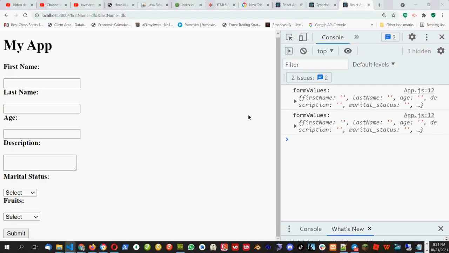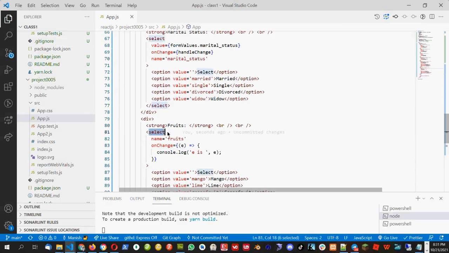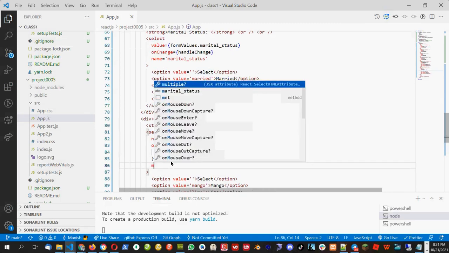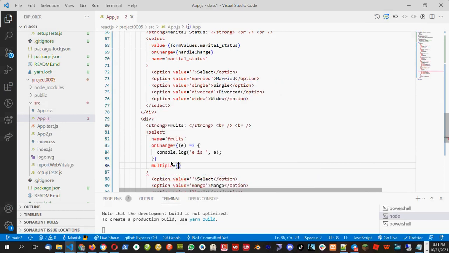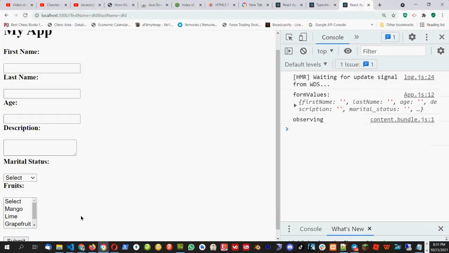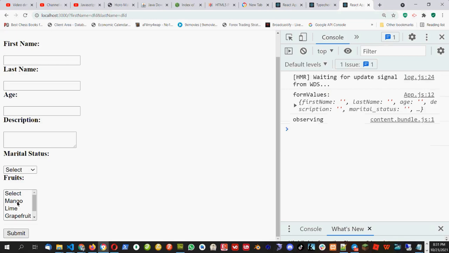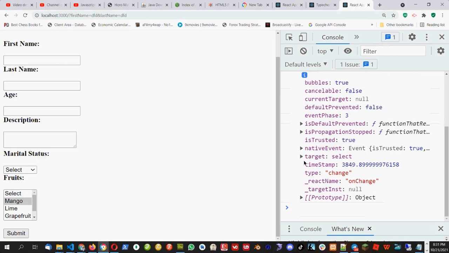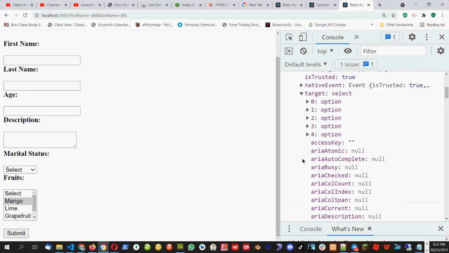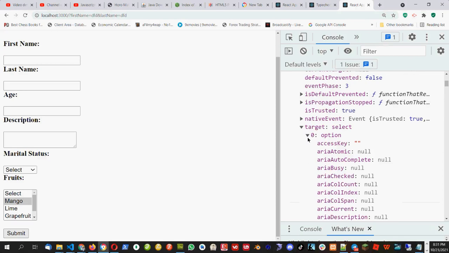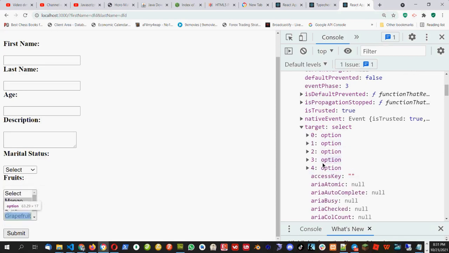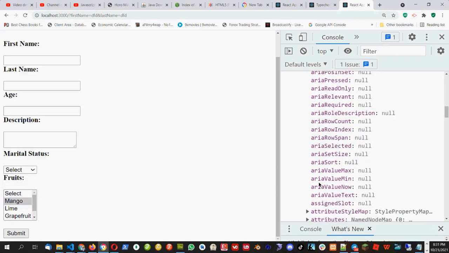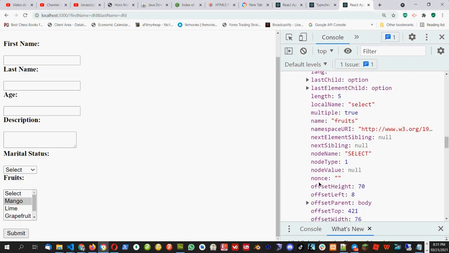So in the fruits, okay, since it is multiple, in the select part I have to give the multiple equal to true. I will say multiple equal to true, otherwise it will not behave as a multiple. Okay, now you will see the multiple option is there. So when I click mango, in the e you will see there is a target, and inside target these are the options which are available. So we have 5 options, and then we have